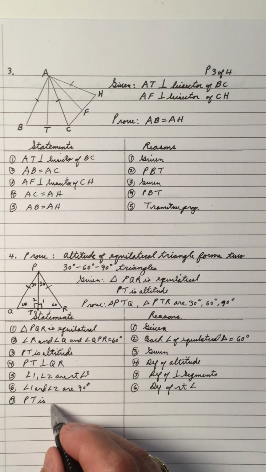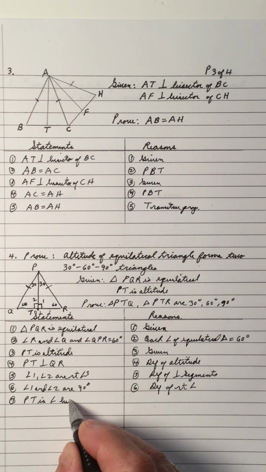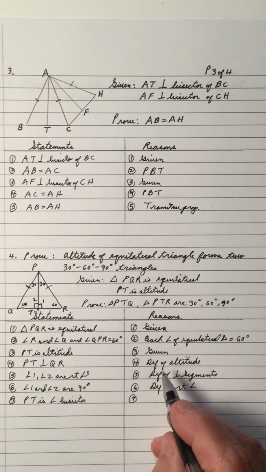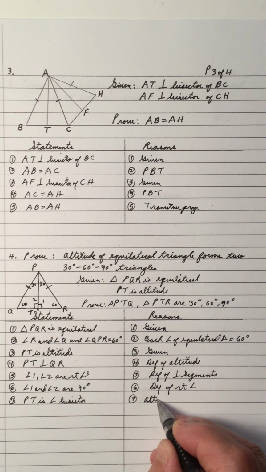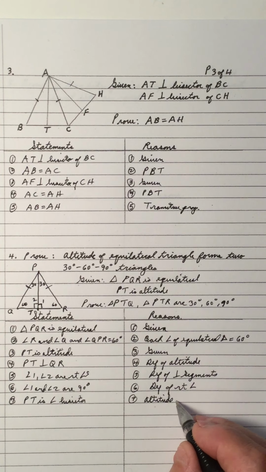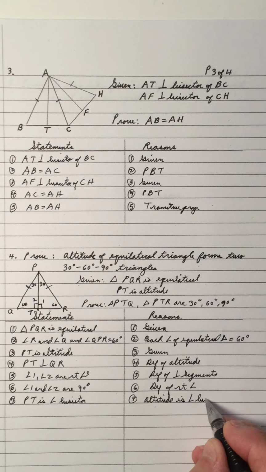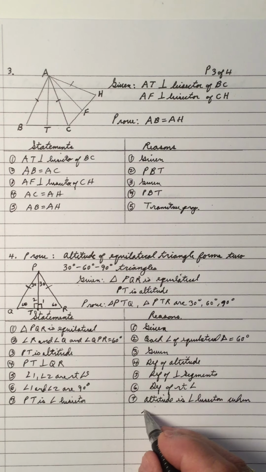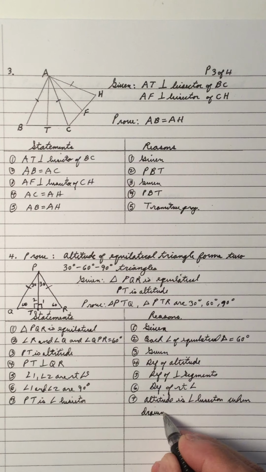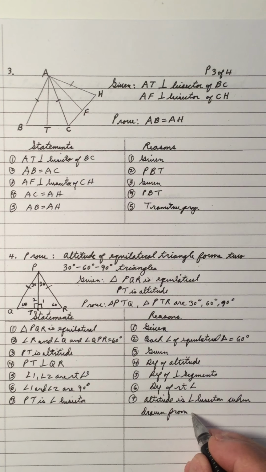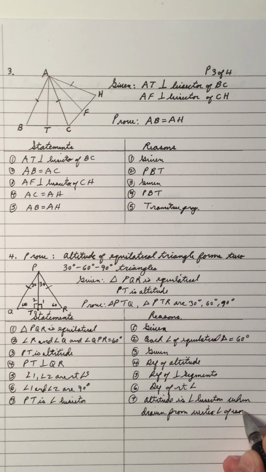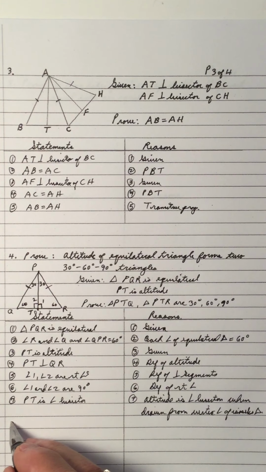PT is an angle bisector because an altitude is an angle bisector when drawn from the vertex angle of an isosceles triangle. And number 8,